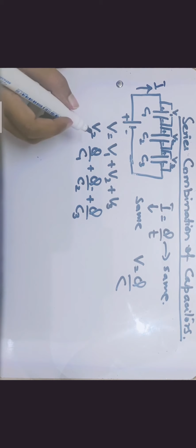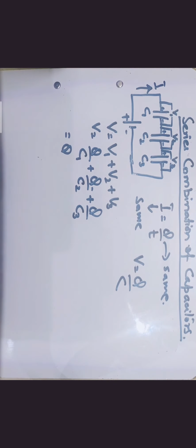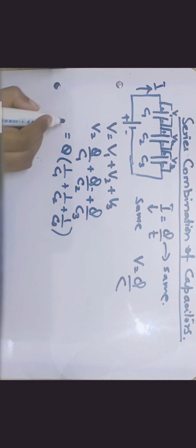And we can also put the value of V as well, but how we will make it you will see at the end. Now taking Q common, inside the bracket we have 1 by C1 plus 1 by C2 plus 1 by C3, and at the end we will shift this Q from the denominator to the other side, and the rest of the values will be the same. V by Q is equal to 1 by C, which I will name as C equivalent, and this would be equal to 1 by C1 plus 1 by C2 plus 1 by C3.